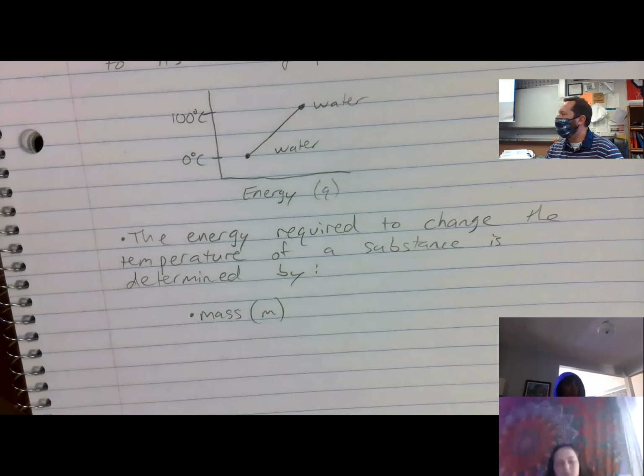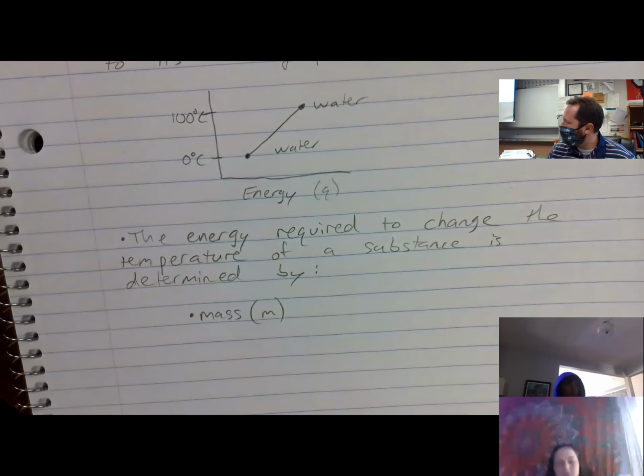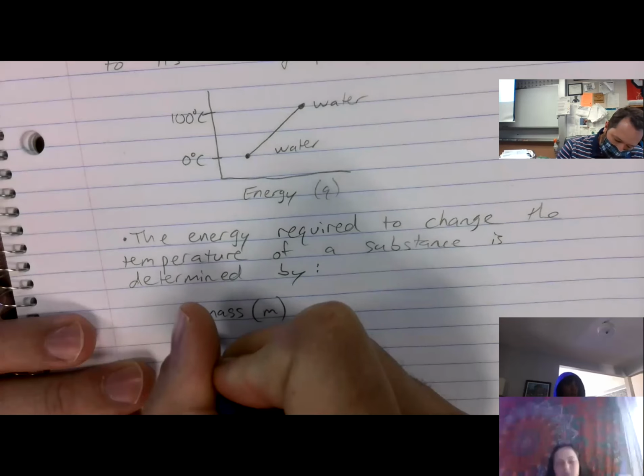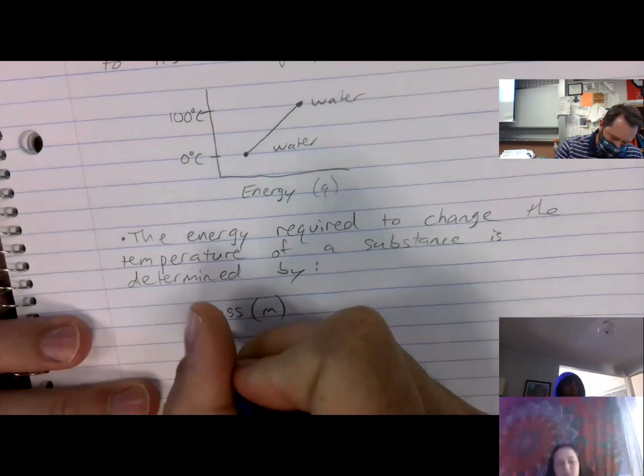Makes pretty good sense, right? It's not going to take very much energy to heat up a little tiny droplet of water versus an entire bathtub full of water. It's going to take a lot more energy to warm up that bathtub than it would just a little tiny droplet of water. It's a much smaller amount of water. It's going to heat up a lot quicker. So the mass is important. The next thing that's important is